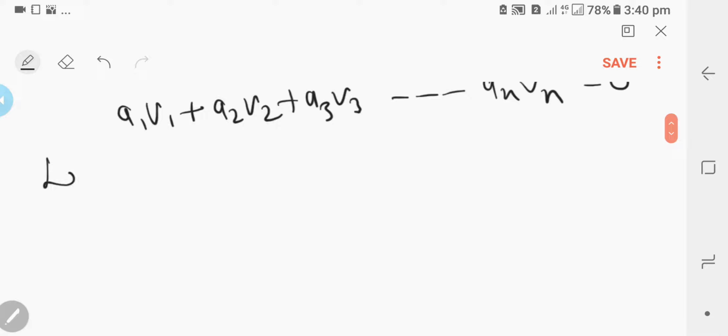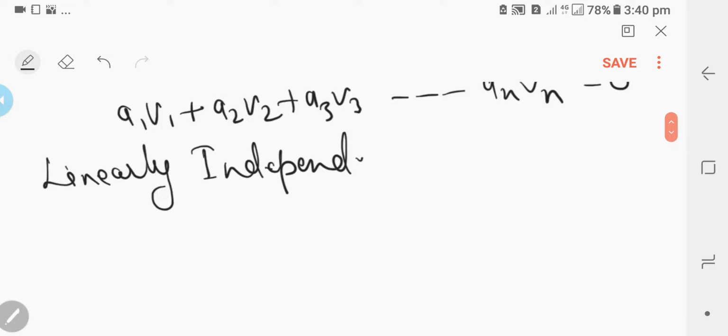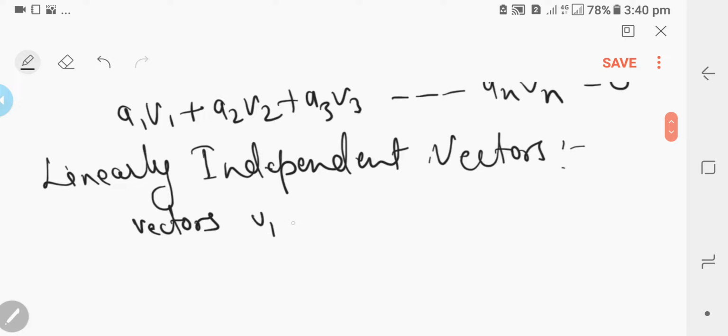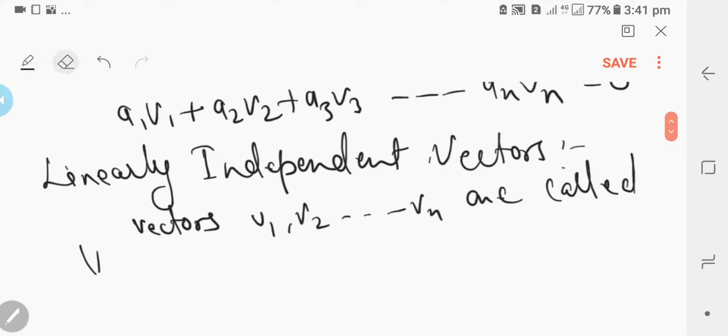Okay, now we'll see the example of it. Linearly independent vectors. What is this? That is not linearly dependent. The vectors v1, v2 and so on, vn are called linearly independent vectors if